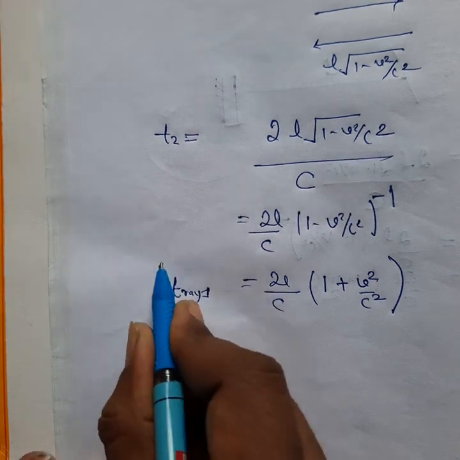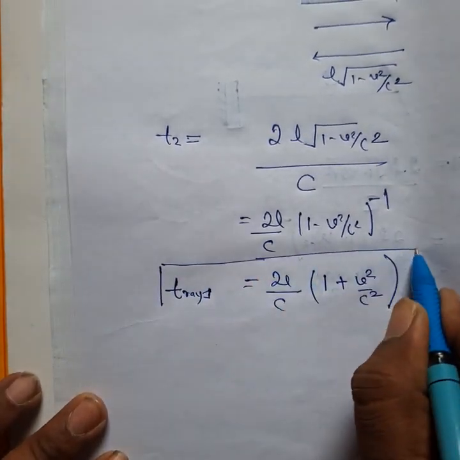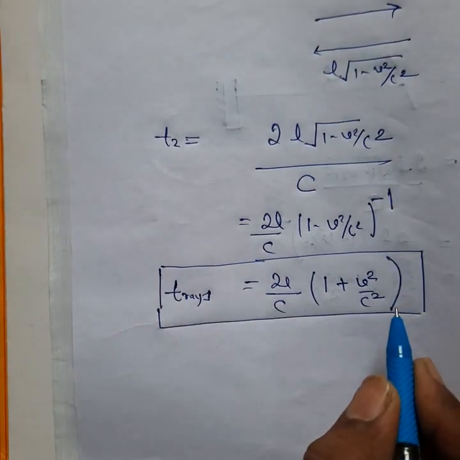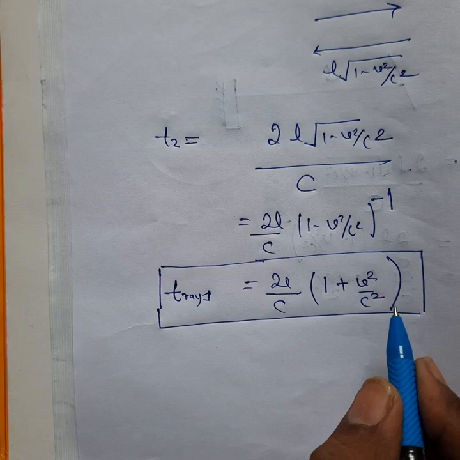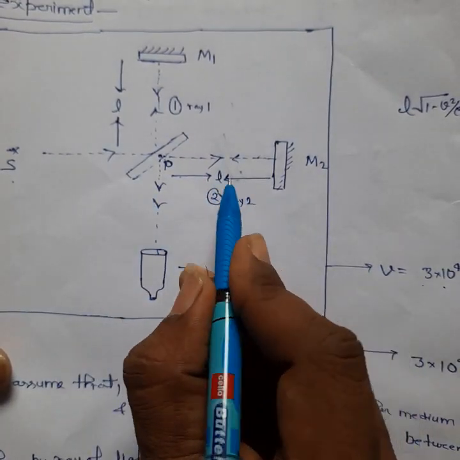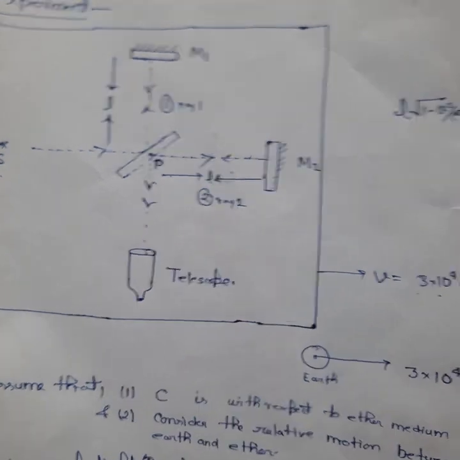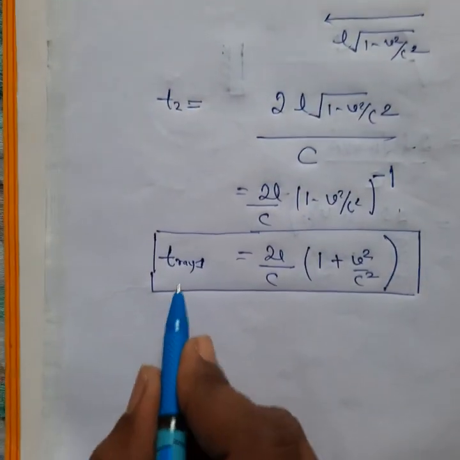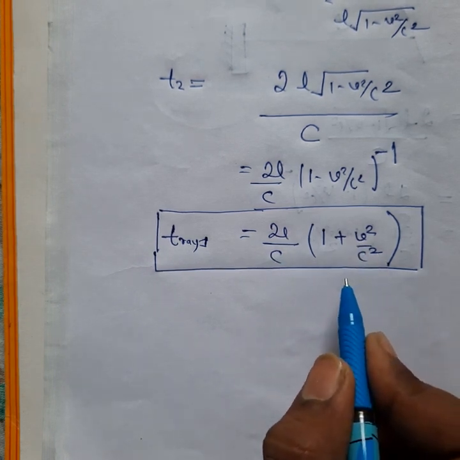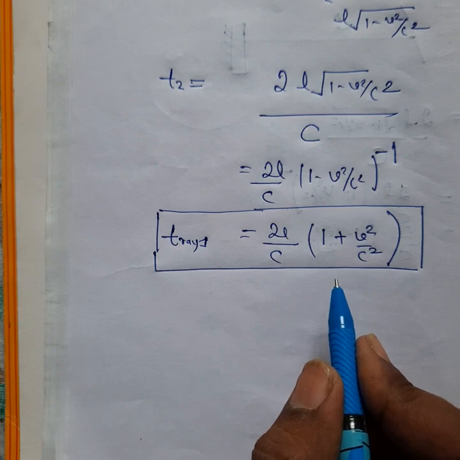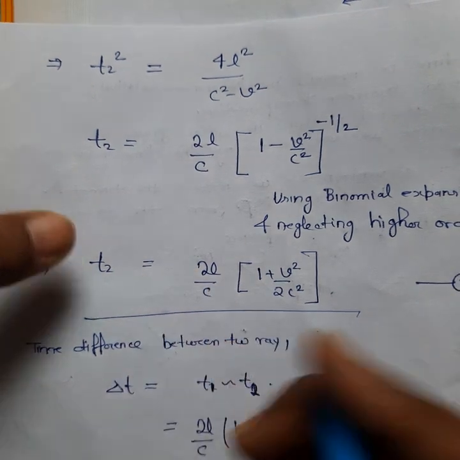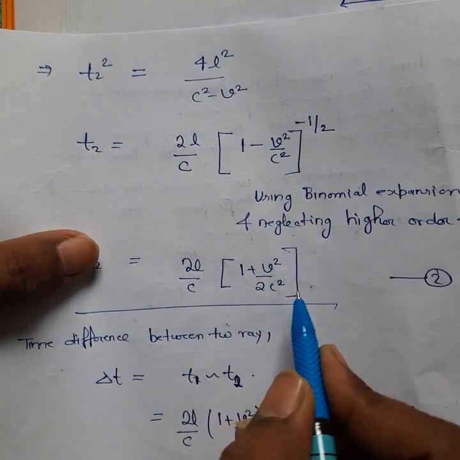So this is the time taken by ray 1, sorry, the time taken by ray 2 when we have incorporated the length contraction hypothesis. It becomes T ray 2 is equal to 2L/c times 1 plus v square by c square. If you look back to your calculation, time taken by ray 1 was 2L by c